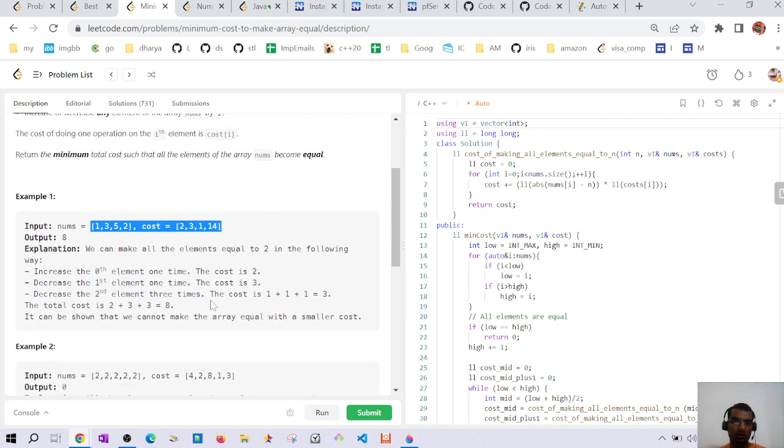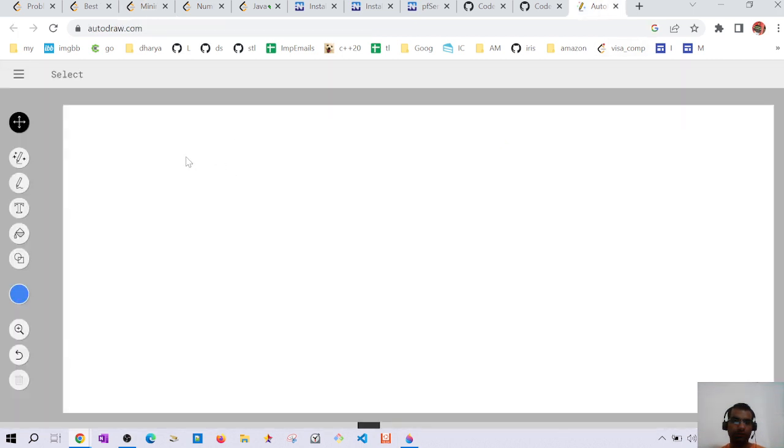So let's take an example here. They have given the nums array and the cost array, and now we have to find the cost of making all these elements equal in the nums array. What we can do on the nums array is either make